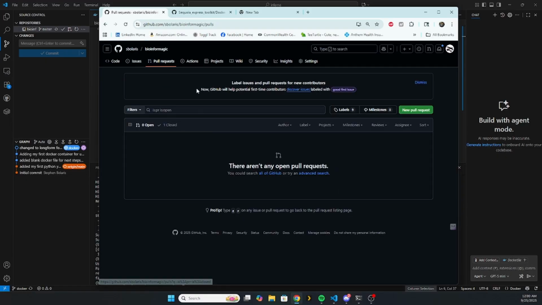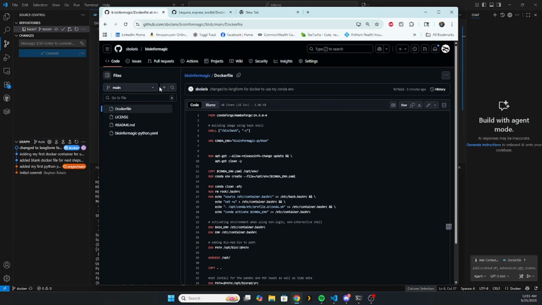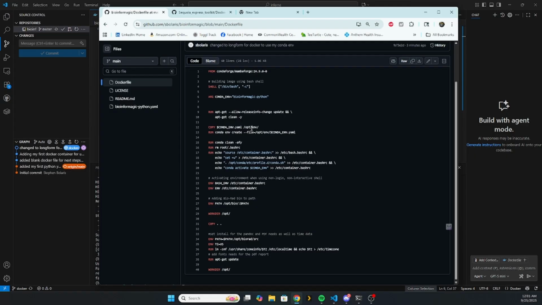And then I'm going to go here. My pull request is now gone, which is fine because realistically I don't have a pull request anymore, but you'll see that I still have two branches. It's just now that these two branches should match each other. And let's see here, we got a Dockerfile now that we're on main. It is our Dockerfile. It has the --file that we just did. So we've now made some reproducible code that also creates a Docker container. And so with that, we are good to go,